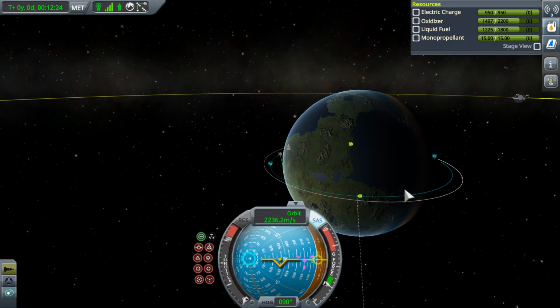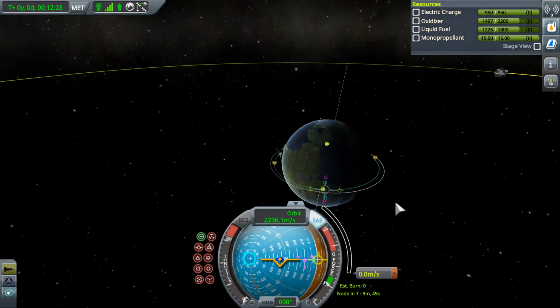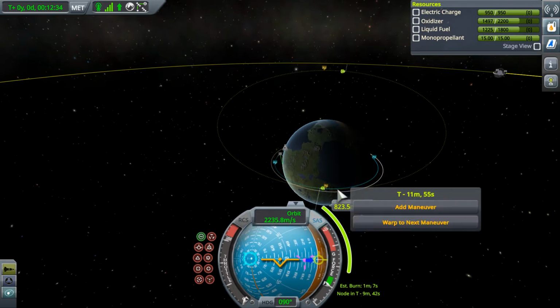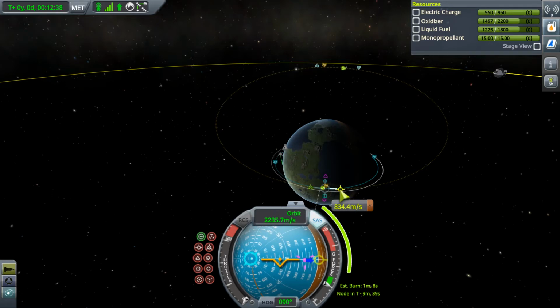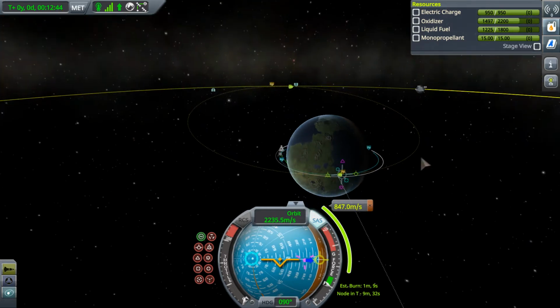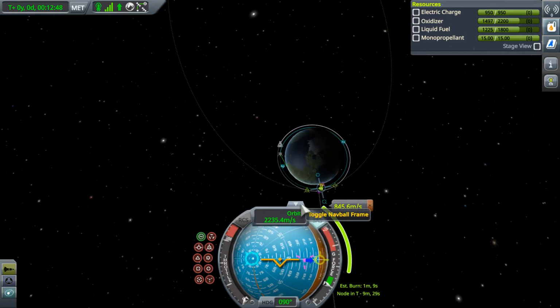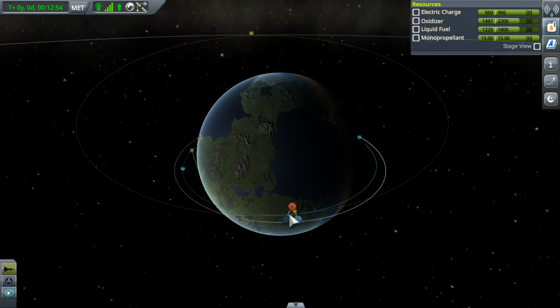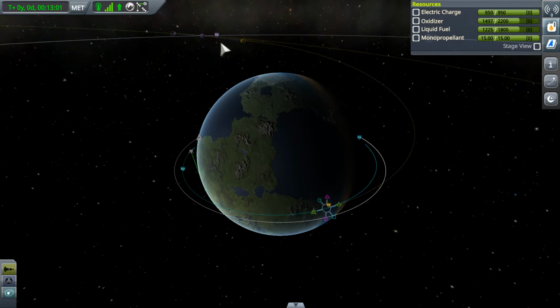So let's just add a node around here. Probably it should be a bit further to the earlier than this. Yeah, so, and if I now take... it's so hard to get out of here, Navball. Focus on Kerbin. Grab this. Don't pull the radial node. Pull the whole maneuver node. Ah, there we go. What was our moon periapsis? 534. Pull it like this until it gets quite low. And then when we get there...